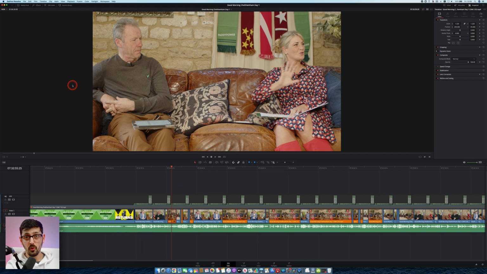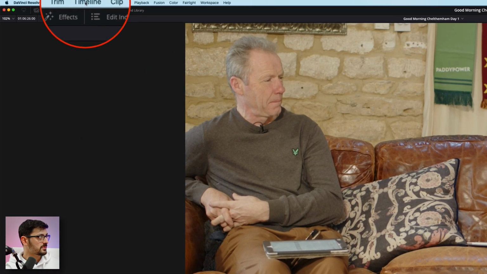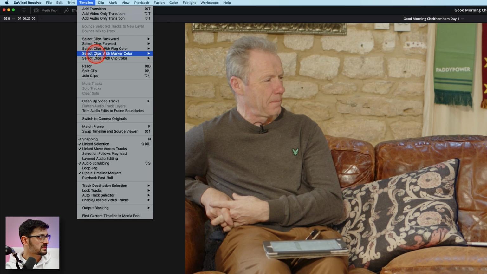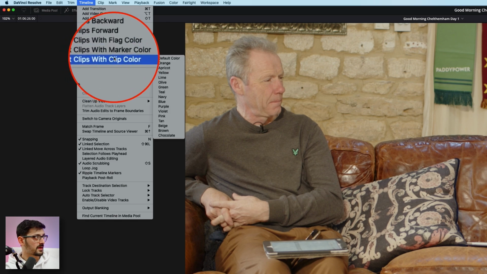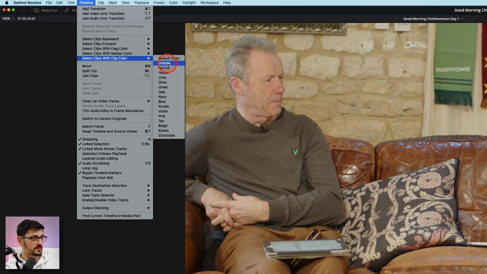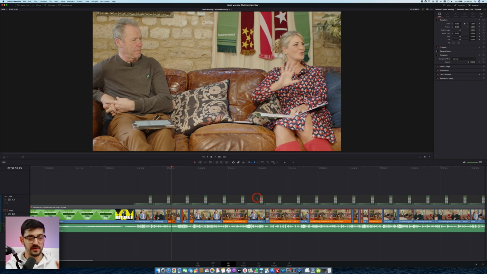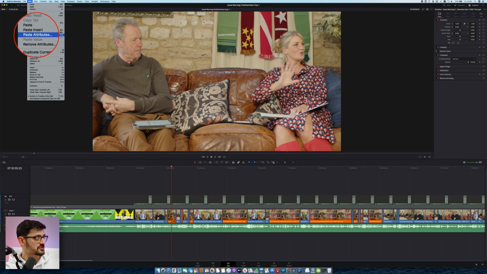And now to select all the other clips, we go up to Timeline at the top and then choose Select Clips with Clip Color. In this case, we're going to choose orange. And it will automatically select all the times that that orange clip appears in the timeline. And then we can go up to Edit, at the top, go to Paste Attributes,